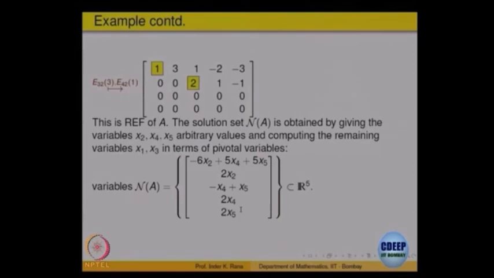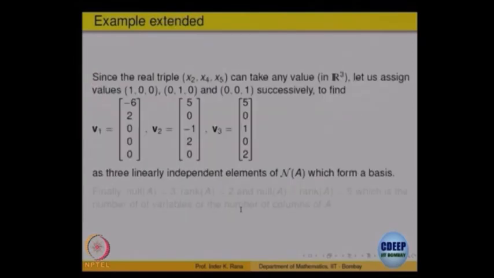Is it clear now? Okay. So what I want to do is check that V1, V2, V3 are linearly independent. So how will you check they are independent? Alpha V1 plus beta V2 plus gamma V3 equal to 0, we will get a set of equations and check that alpha equal to 0, beta equal to 0, gamma equal to 0. But that is only saying you are getting a linearly independent set. How do you know it is a basis?